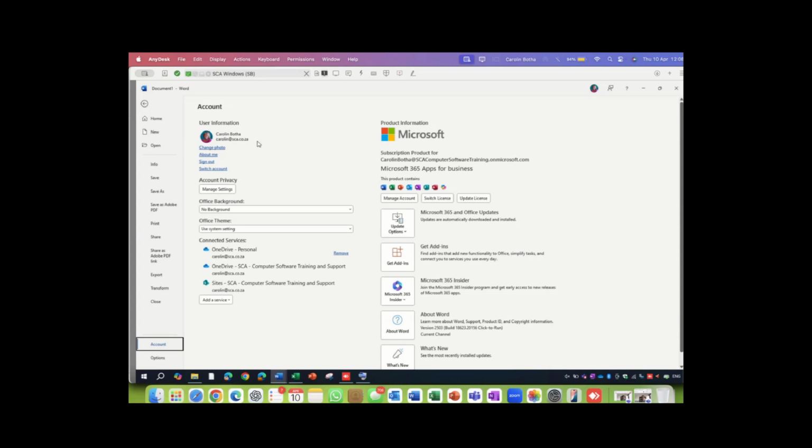The important part here is, what account are you signed in with? It happens so often, so I have to make you aware of this. It happens so often that you have a family or a personal pack, pardon me, and now you move over to a business pack. As you know, we're going to show you a lot of business apps of Microsoft 365. So you often have your business pack, but you're still signed in on your personal pack, or your family pack rather. So please just be aware of that.